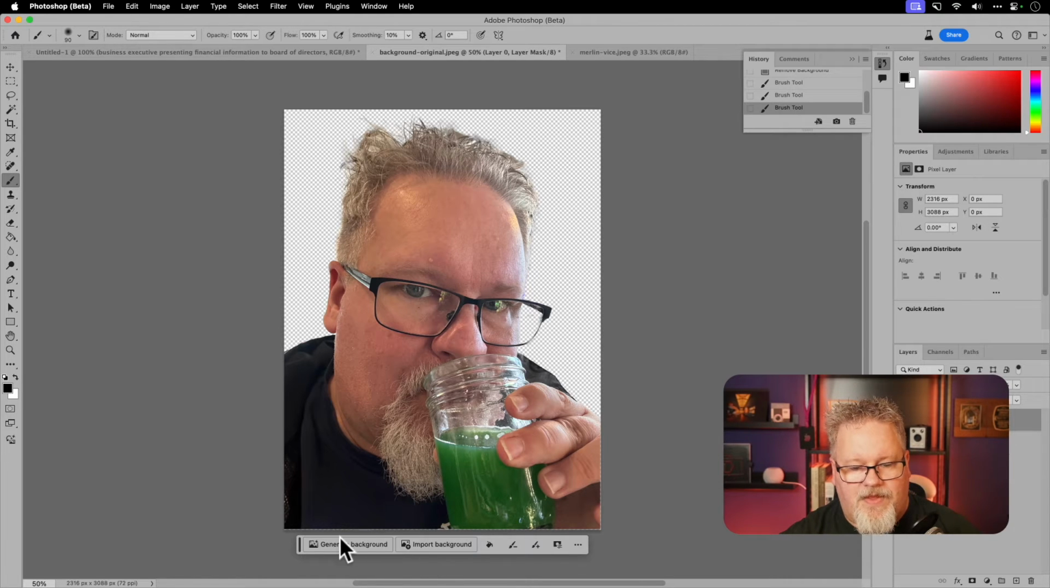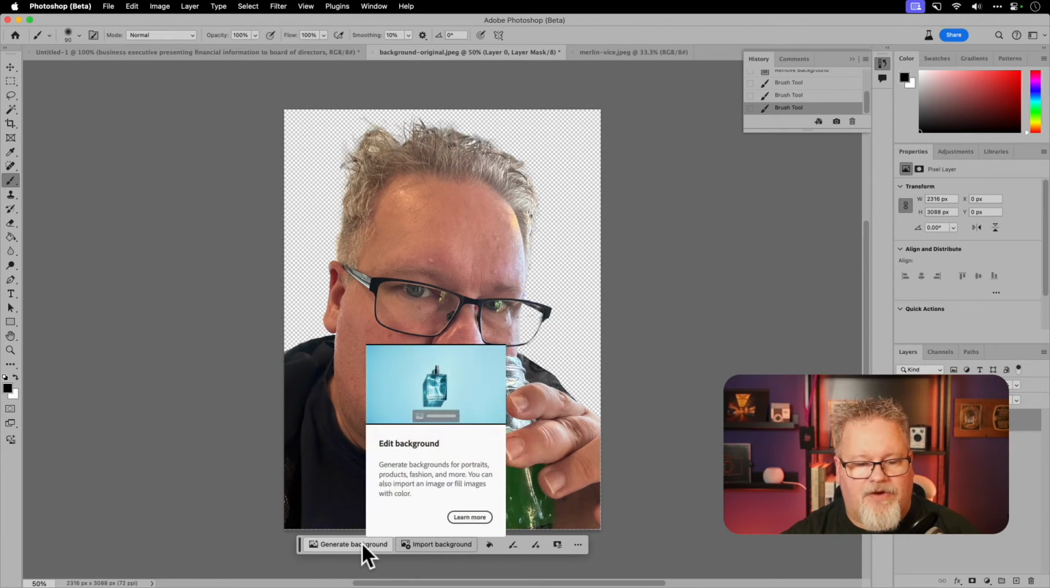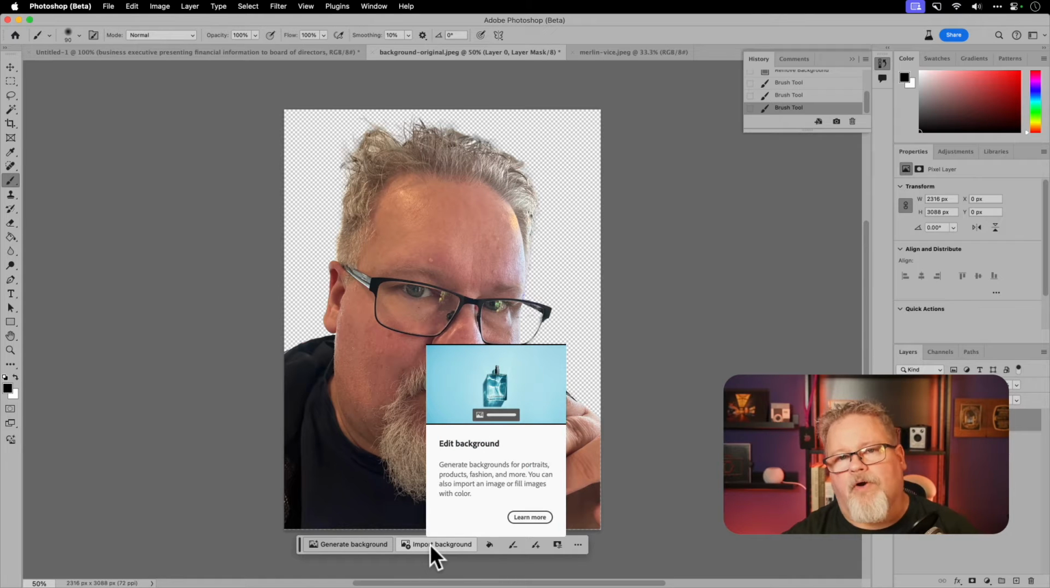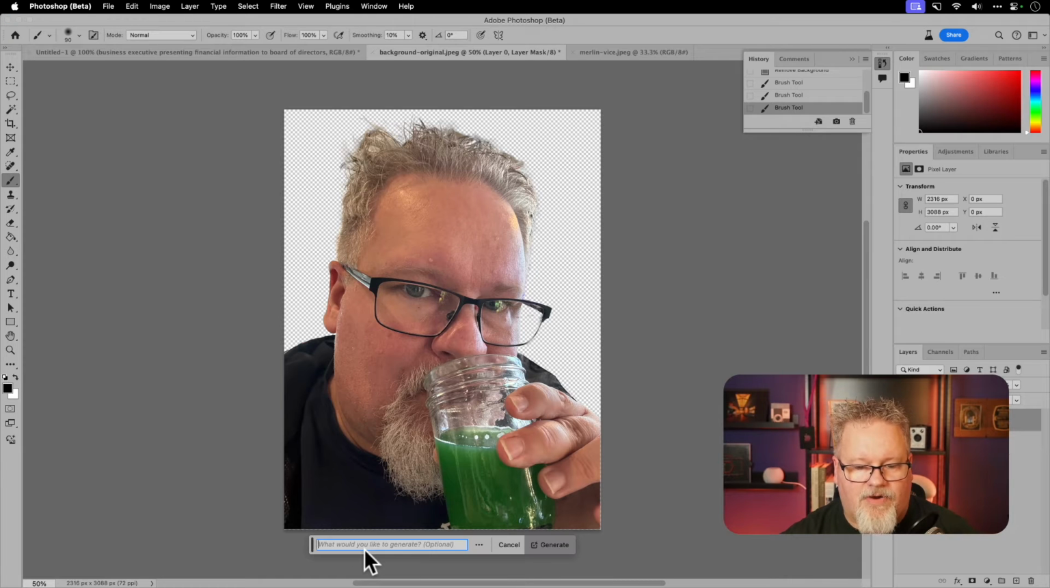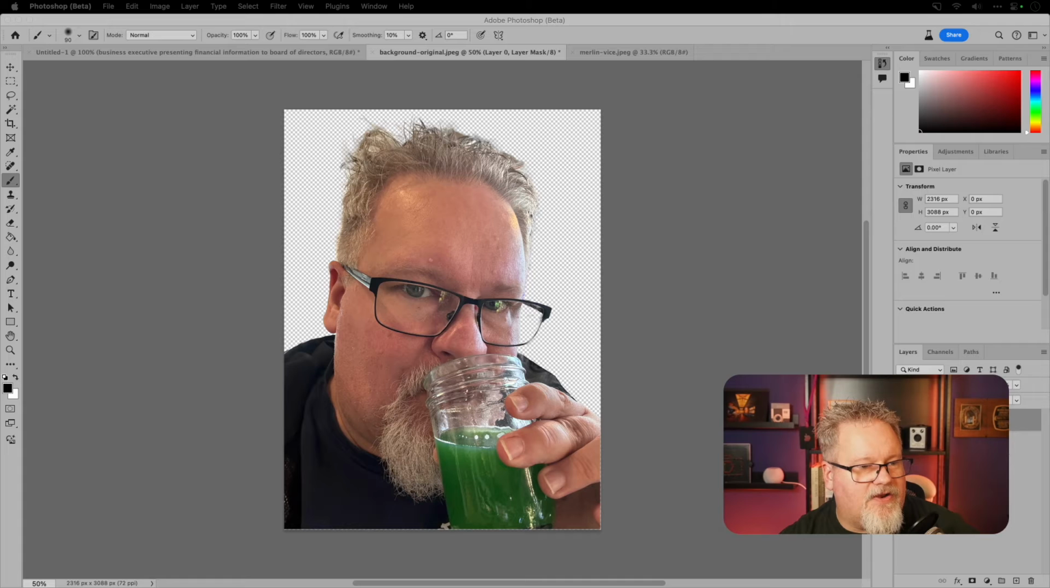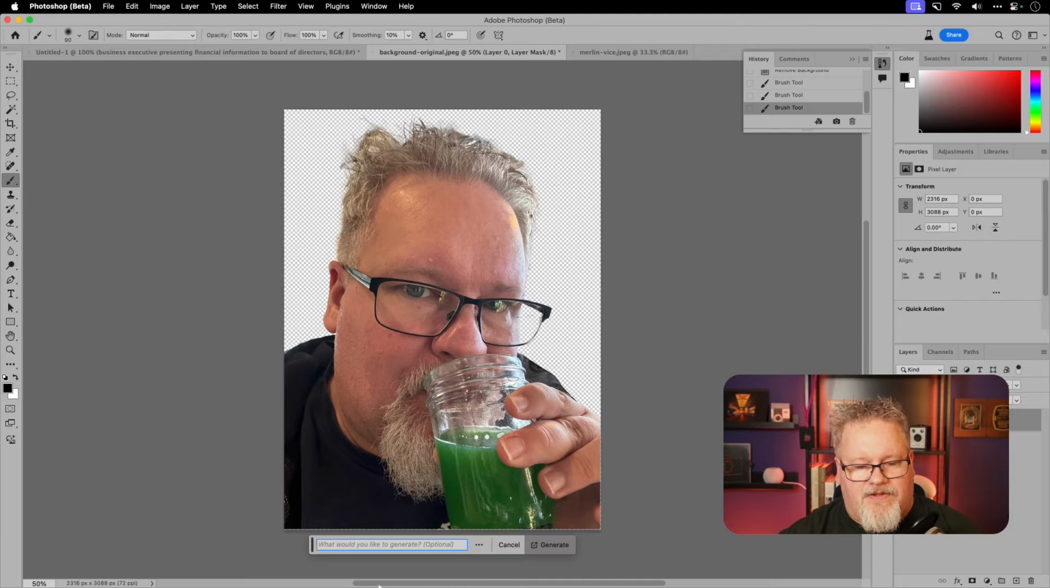So now down at the bottom, you'll see I've got a generate background tool I can use. I've also got an import background. If I had a background ready to go, I could hit that. But hey, we're looking at generative AI today. So let's say generate background. Then it gives me a window where I can enter a prompt. So I've got a prompt that I put together here in advance. I don't know exactly what I'm going to get, but it seemed like it might be a good prompt given